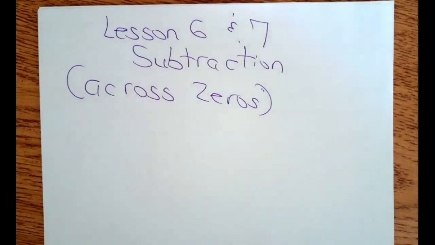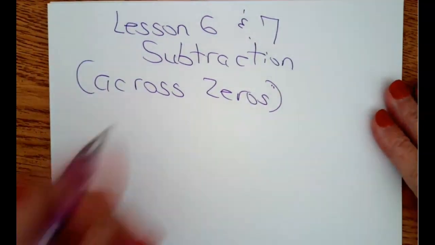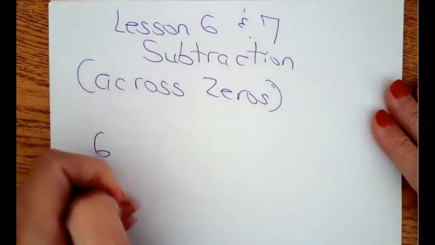All right, so this next quick lesson is subtracting, and we're going to do subtraction and then subtraction across zeros. And guys, it's super easy. It really is. It's just like addition. You need to take your time. All right, so my first problem I'll do here is